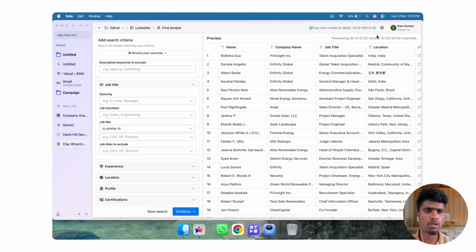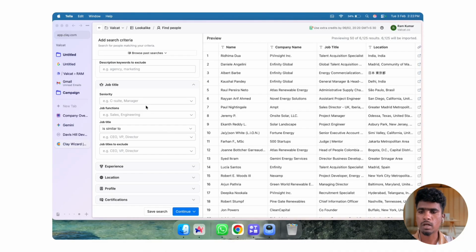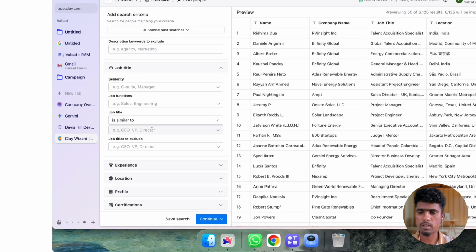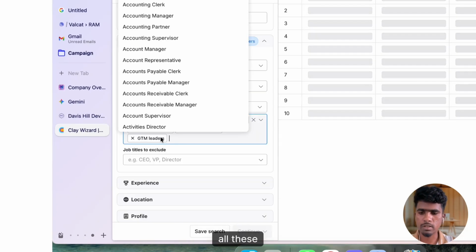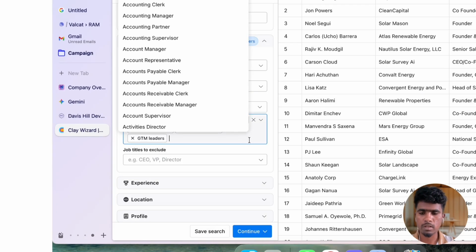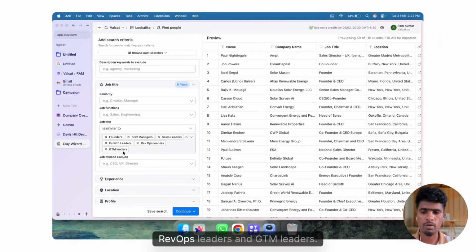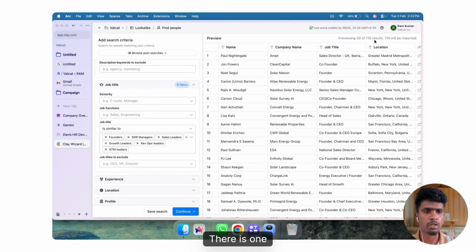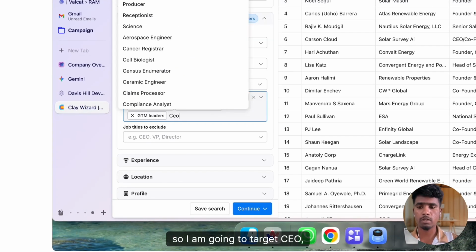There are around 6,125 people in those companies. I need to target add similar, and I need to target all these job titles like founder, manager, sales lead, growth leaders, RevOps leaders and GTM leaders. There are 110 people only here. So I'm going to target CEO,